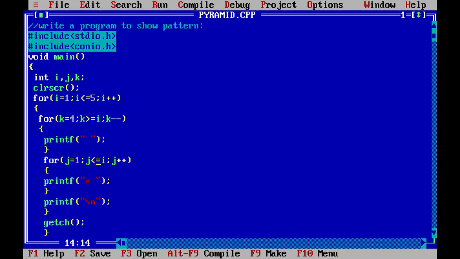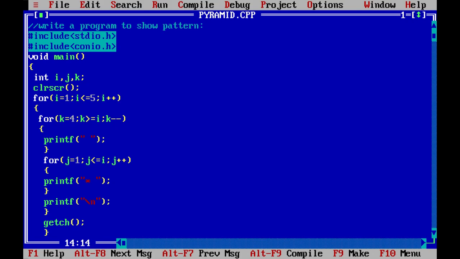Today we are going to discuss an interesting program which is going to show us a pattern of shape like a pyramid. Okay, so this is the program on your screen. I'm just going to first of all run this program. So this is the final pattern we got at the end of the program in the output section. Okay, so let's see how it is formed, how to make a program for forming this type of